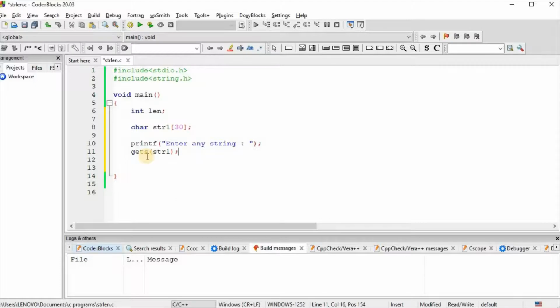We have used the gets function because it reads strings with spaces, so instead of scanf, we have used the gets function.